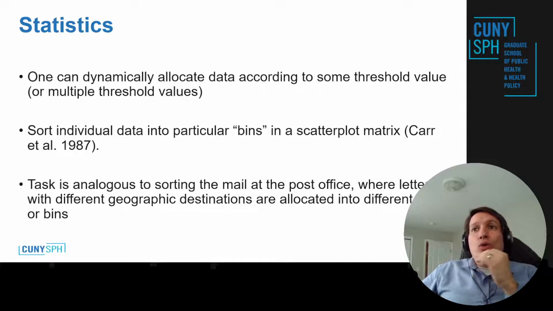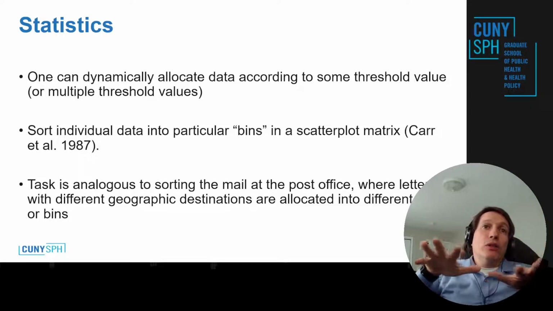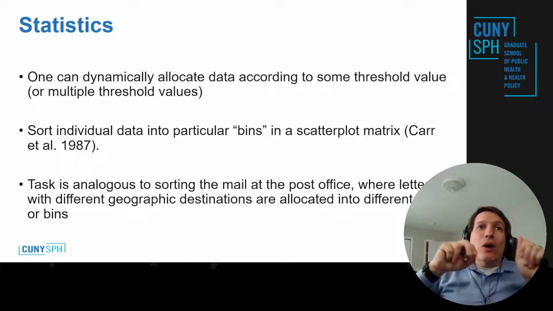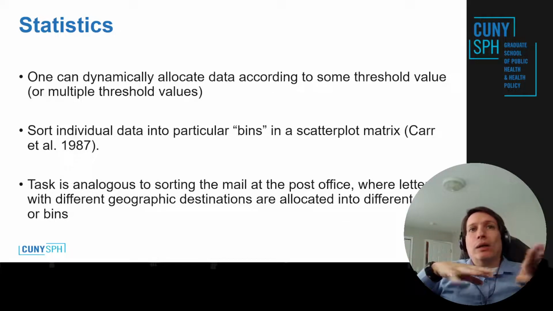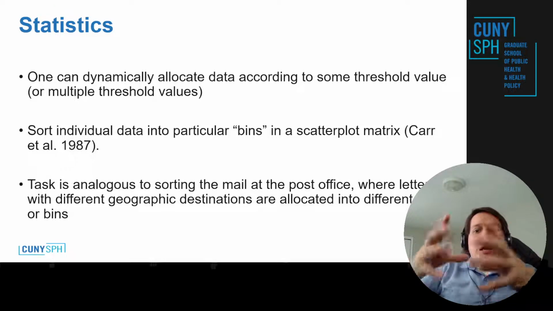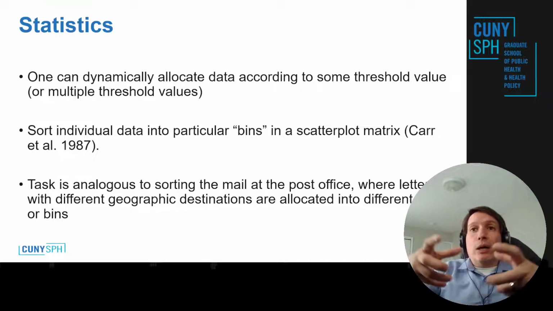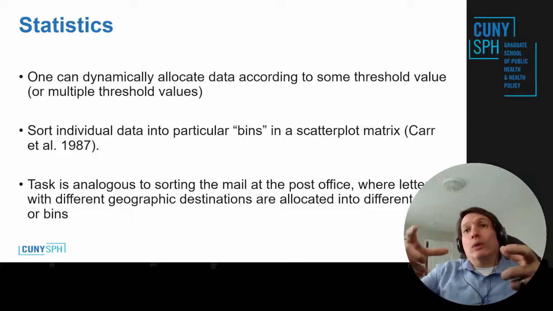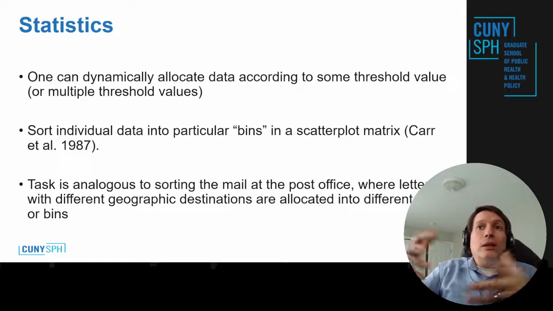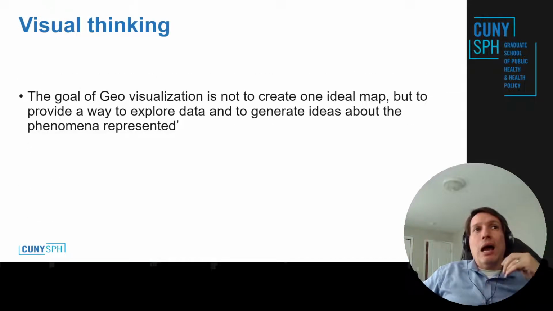This is analogous to sorting the mail in a post office. You have different destinations, and then you can have different slots or bins, and let's say we can do this by block, by neighborhood, by zip code, by city. Those are the different buckets that we can have there,